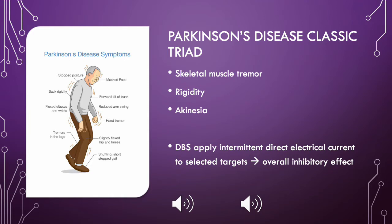Deep brain stimulators apply intermittent direct electrical current to the selected target with frequencies above the native firing rates in these areas. It was initially proposed that stimulation blocked depolarization of neurons within close proximity to the electrode. However, effects on neurotransmitters from the neurons not in close proximity suggested other mechanisms of action, such as effects on neurotransmitter release. The overall net clinical effect of DBS appears to be largely an inhibitory effect, though not equivalent to